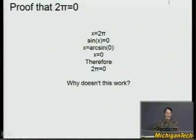Here's another one. This is actually probably even more common than the previous one. This proves that 2 times pi is equal to 0. So first we start out with x equals 2 pi. Then we're going to take the sine of both sides. So the sine of x is the sine of x, and the sine of 2 pi, as we know, is